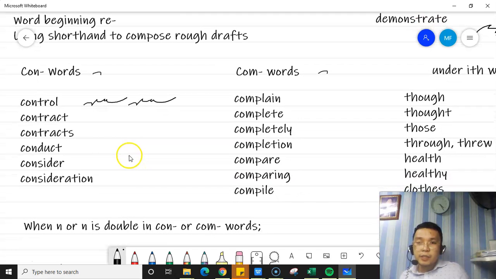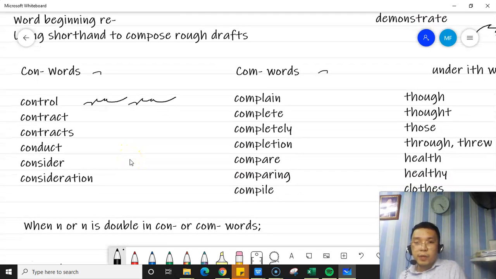How about the word contract? So we have the word beginning con, T, R-A-K-T, contract. Let me have it again. Oh, sorry. This is a minor vowel omitted. I'm wrong. Sorry, class, erased it. So, con, T, R, K, T, contract. Okay? So, just simply put S to make it plural.